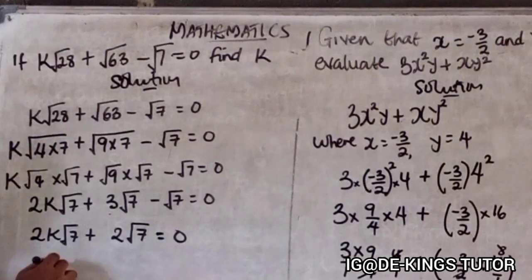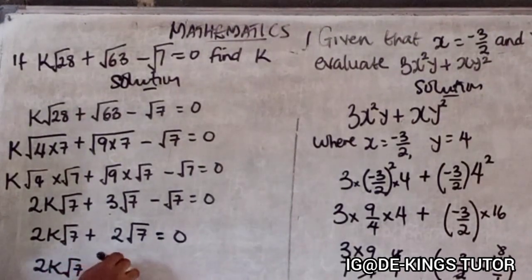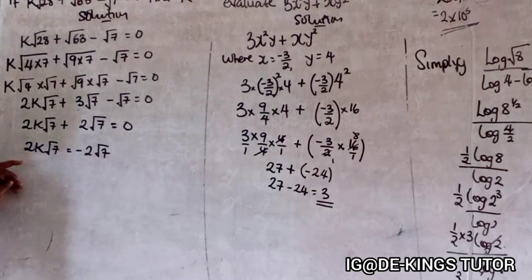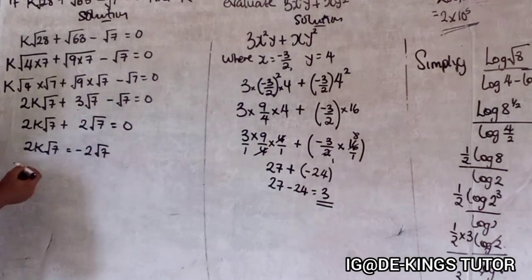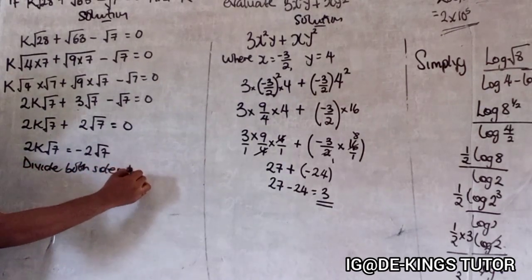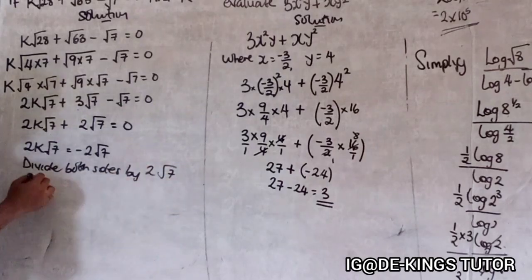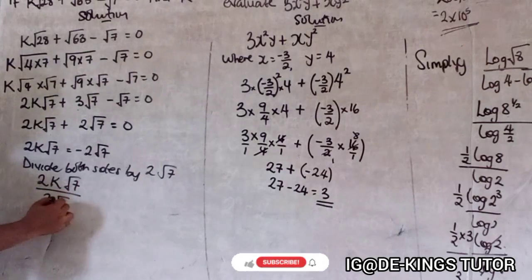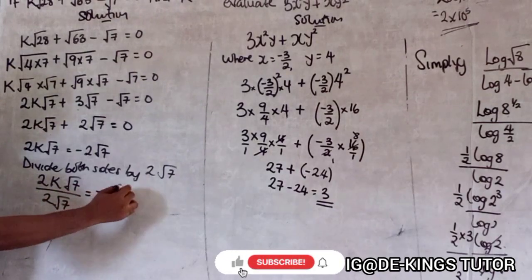Now if we move this to the other side, we're going to have minus 2 root 7. Our aim is to get k, so we divide both sides by 2 root 7. So I have 2k root 7 over 2 root 7 equals minus 2 root 7